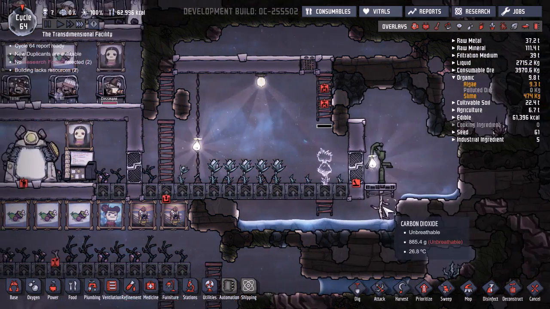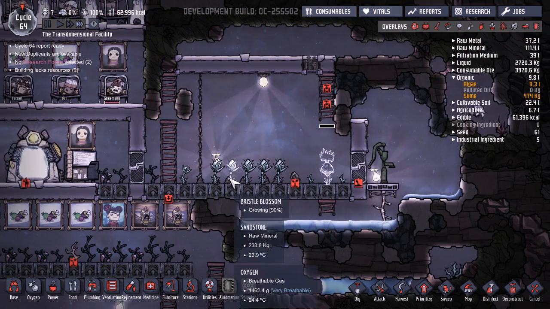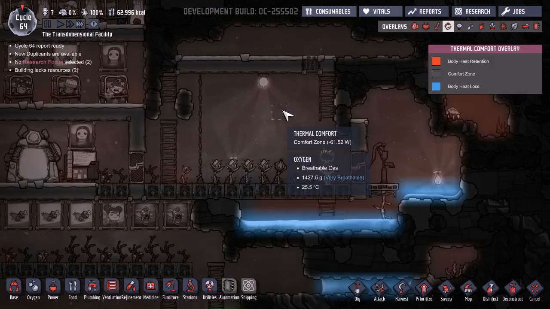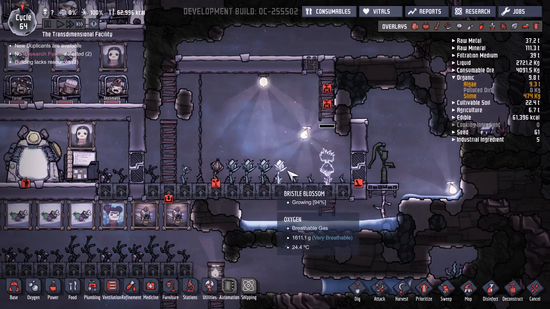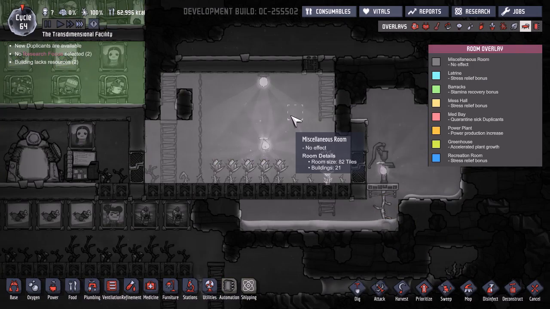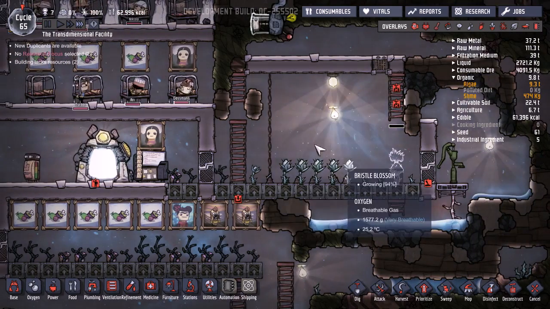There we go. Nice little food room. Can't reach up there. Oops. That'll stay for now. Yeah, and that's fully lit. So we're probably going to be getting a lot of good bristle blossoms out of this. This has become a room. This has become a room too. And we might...